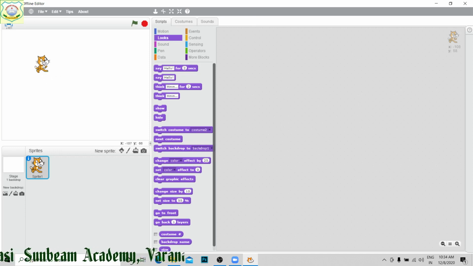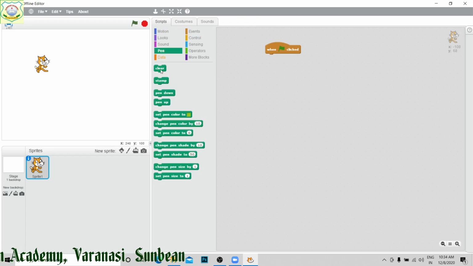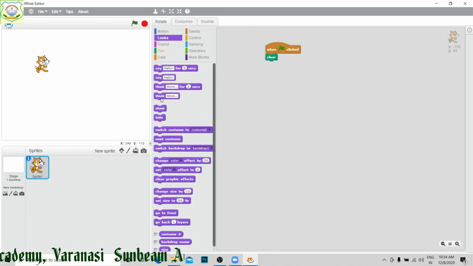Suppose it is going to make a square and it will wait for some time to say hello. Then what to do? Event, I take this one, then take clear, then I have taken hide, right?